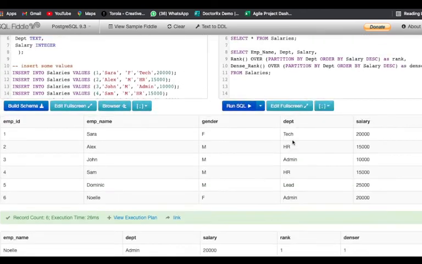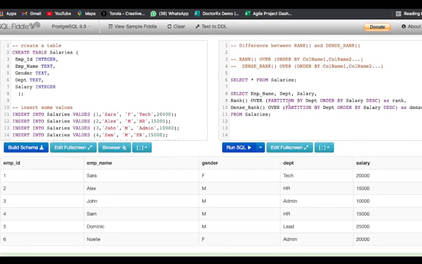So let us actually try partitioning the column by gender, because I think that will give us a much clearer idea. I'll write gender over here. Now let us try running this.